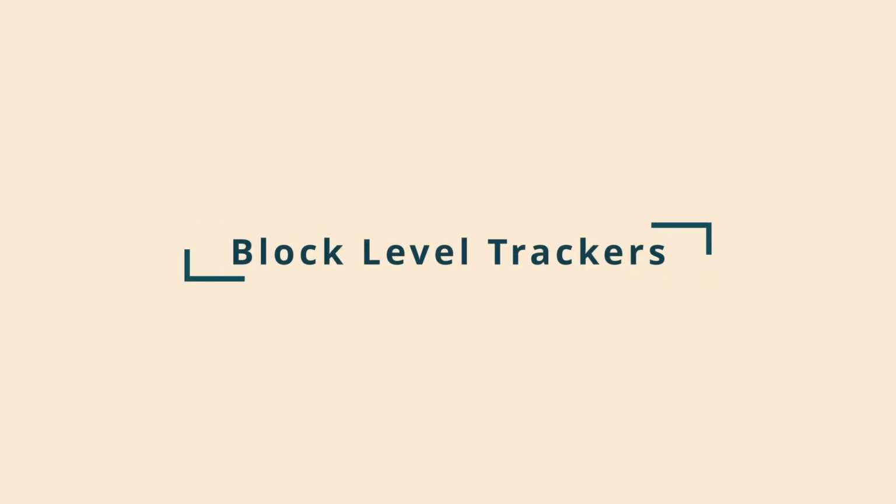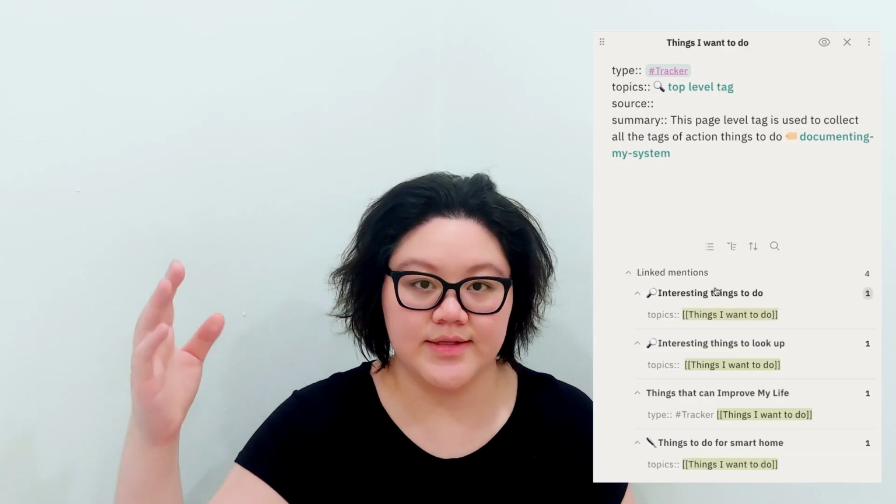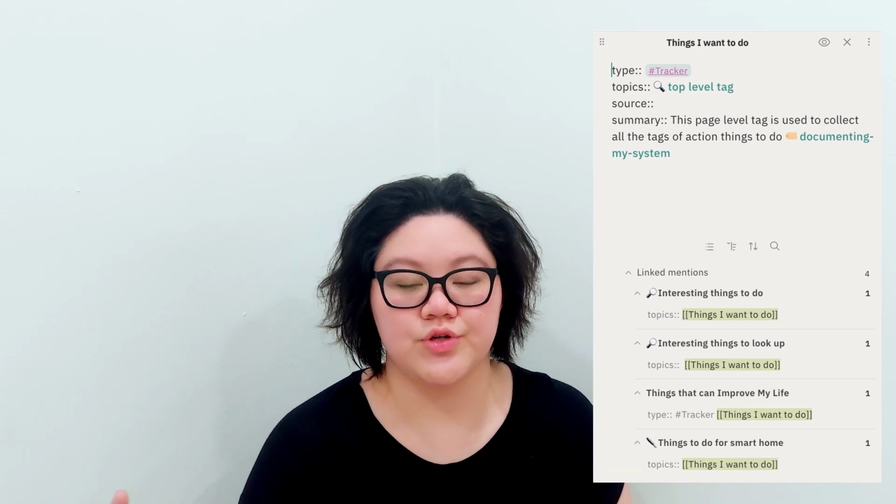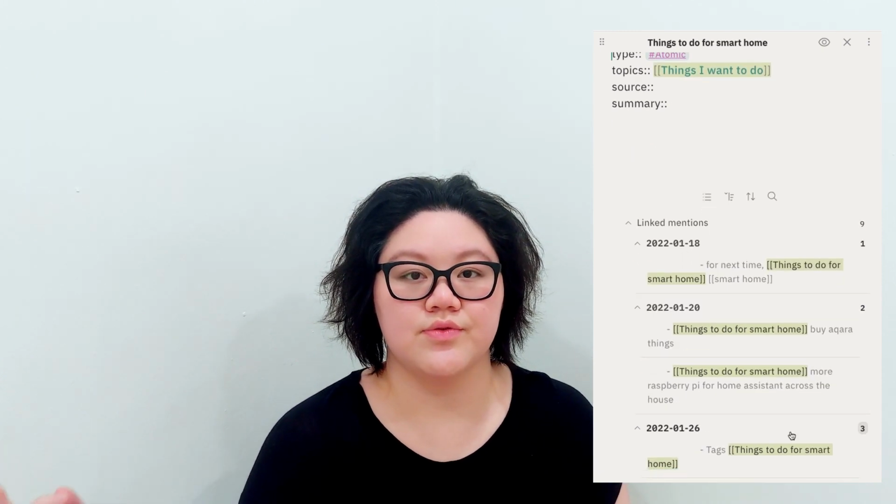Like, I have some tags that are tracking items which I want to do. Things I would like to do would be a high-level tag, and then underneath it I would have smaller tracker tags, like things I want to do for smart home,